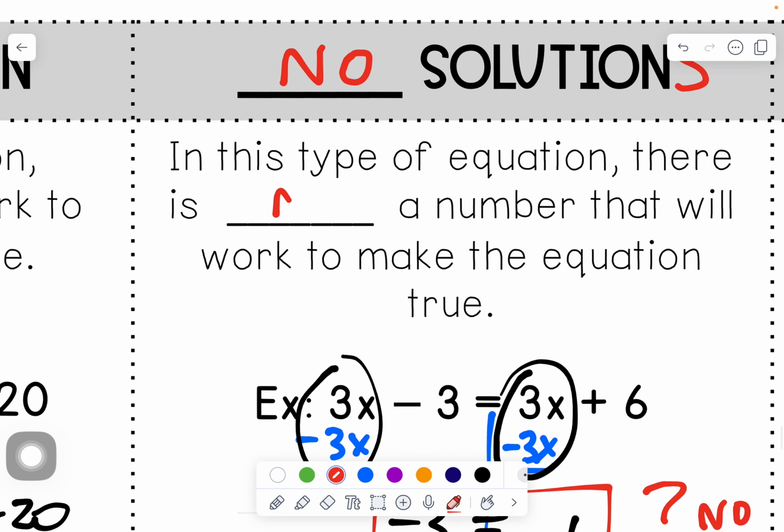So again, solve the equation first. That's still always going to be the first step, is to do your equation solving steps. Again, when I move my variables, I see that my 2's make a 0, so I'm left with a 7. But again, my 2's on this side make a 0, it leaves me with a 7. Now that statement is a true statement. So in that scenario,